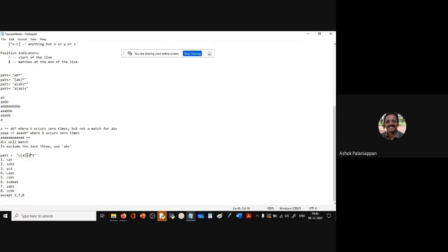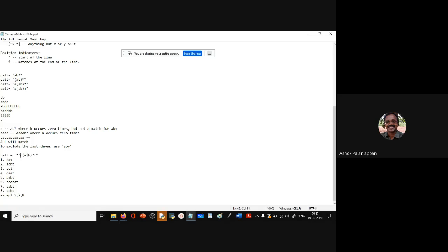So now let's see one by one. This may be wrong, so let's see. Cat is fine, correct? Yes, sir. So now SCBT. Will this match? That was my doubt, sir. It is starting with S, but CBT is there after S. CBT will match because we are not using a caret symbol or anything.